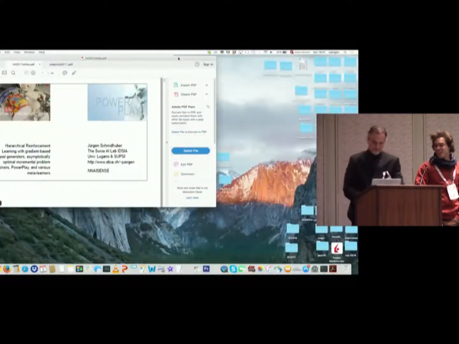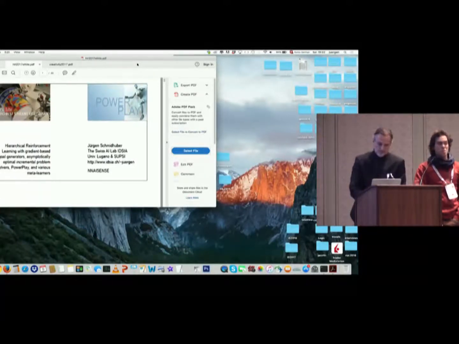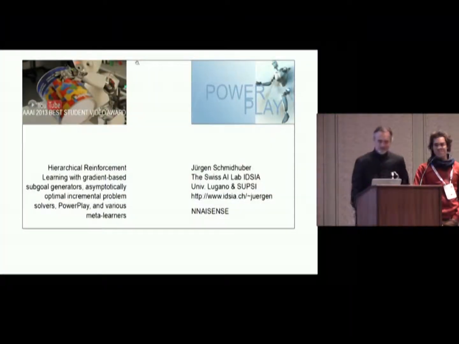Good. So now we're gonna step into our second invited talk. Jürgen Schmidhuber. He's a very well-known eminence in this field. He has been, since he's 15, dreaming about creating an AI that will be smarter than himself and then retire. We're still all in the process of trying to retire, but his lab has definitely paved the road towards that